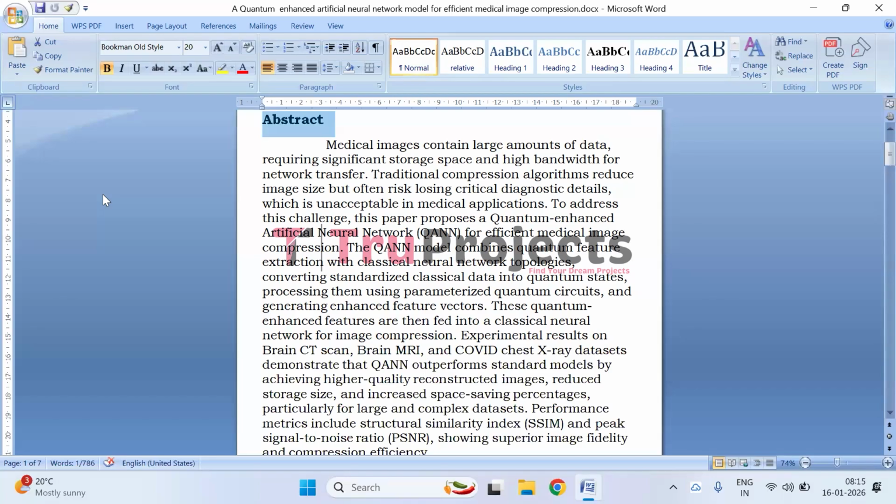Coming to the abstract, this paper addresses the challenge of efficiently storing and transmitting medical images, which are typically large in size and demand high storage and bandwidth. Conventional image compression techniques can reduce file size, but they often compromise important diagnostic details, making them unsuitable for medical use. To overcome this limitation, the proposed approach introduces a quantum enhanced artificial neural network that integrates quantum feature extraction